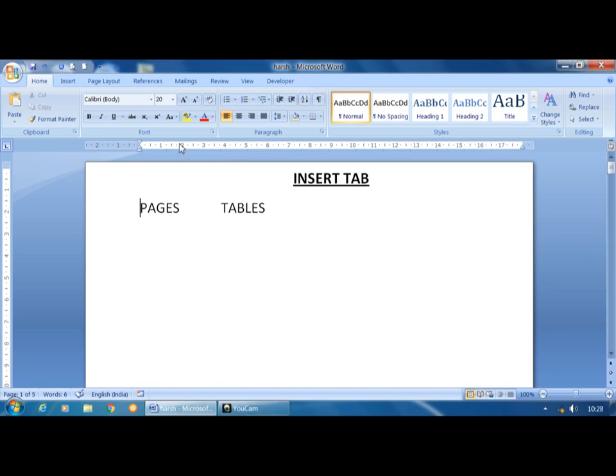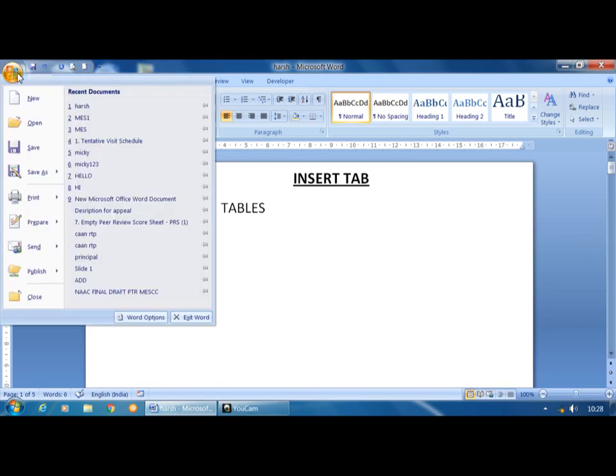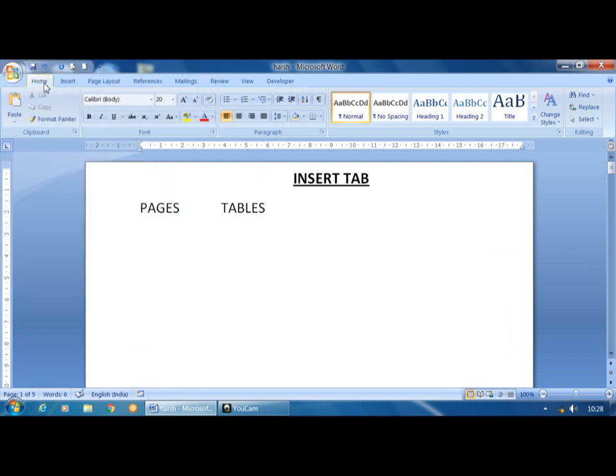Hi students, in the last class we learned about the MS Office button as well as the first tab, the Home tab, which consists of five groups: clipboard, font, paragraph, styles, editing. Each group has its own commands. If you go to clipboard, it has cut, copy, paste and format painter, and in the same way font, paragraph,